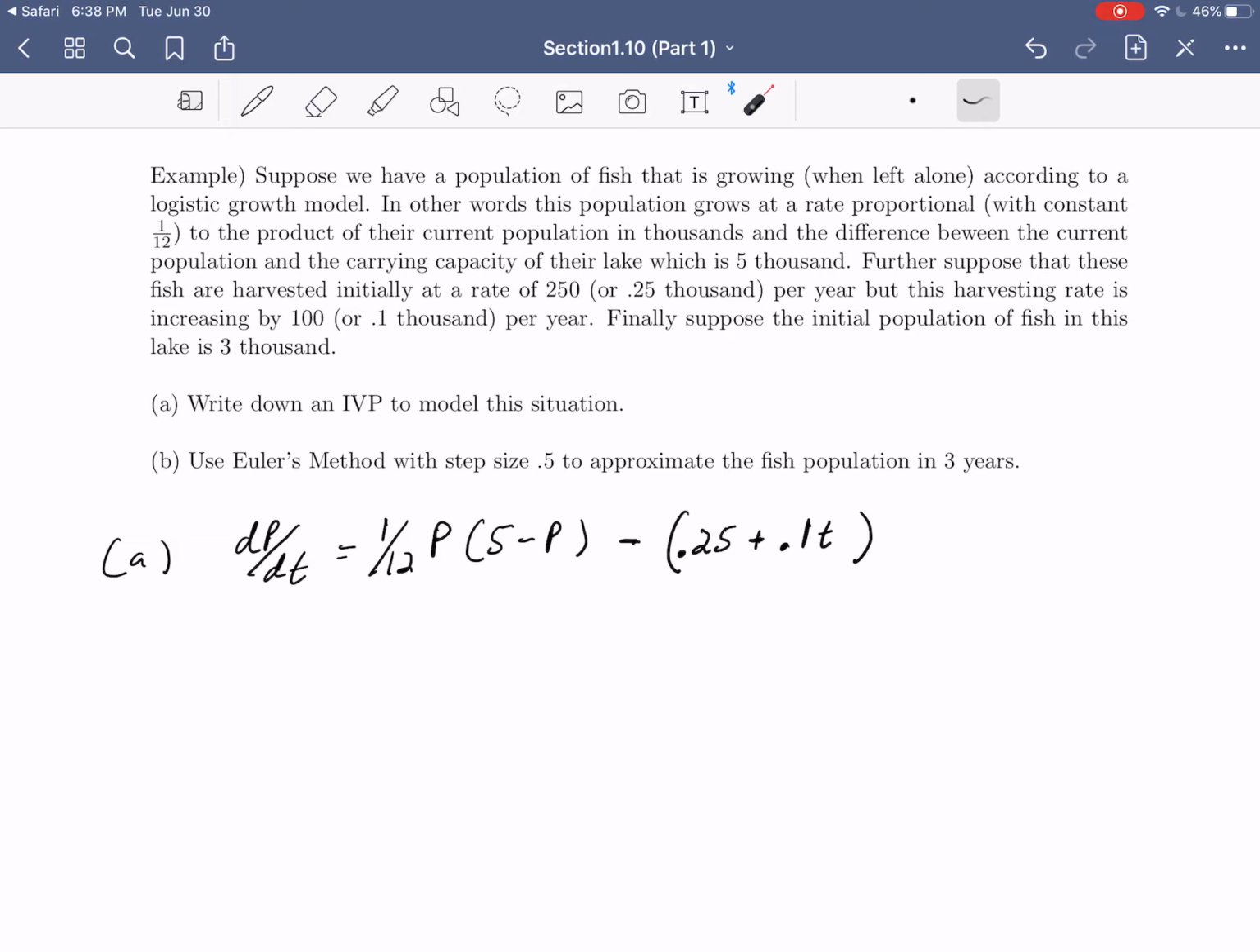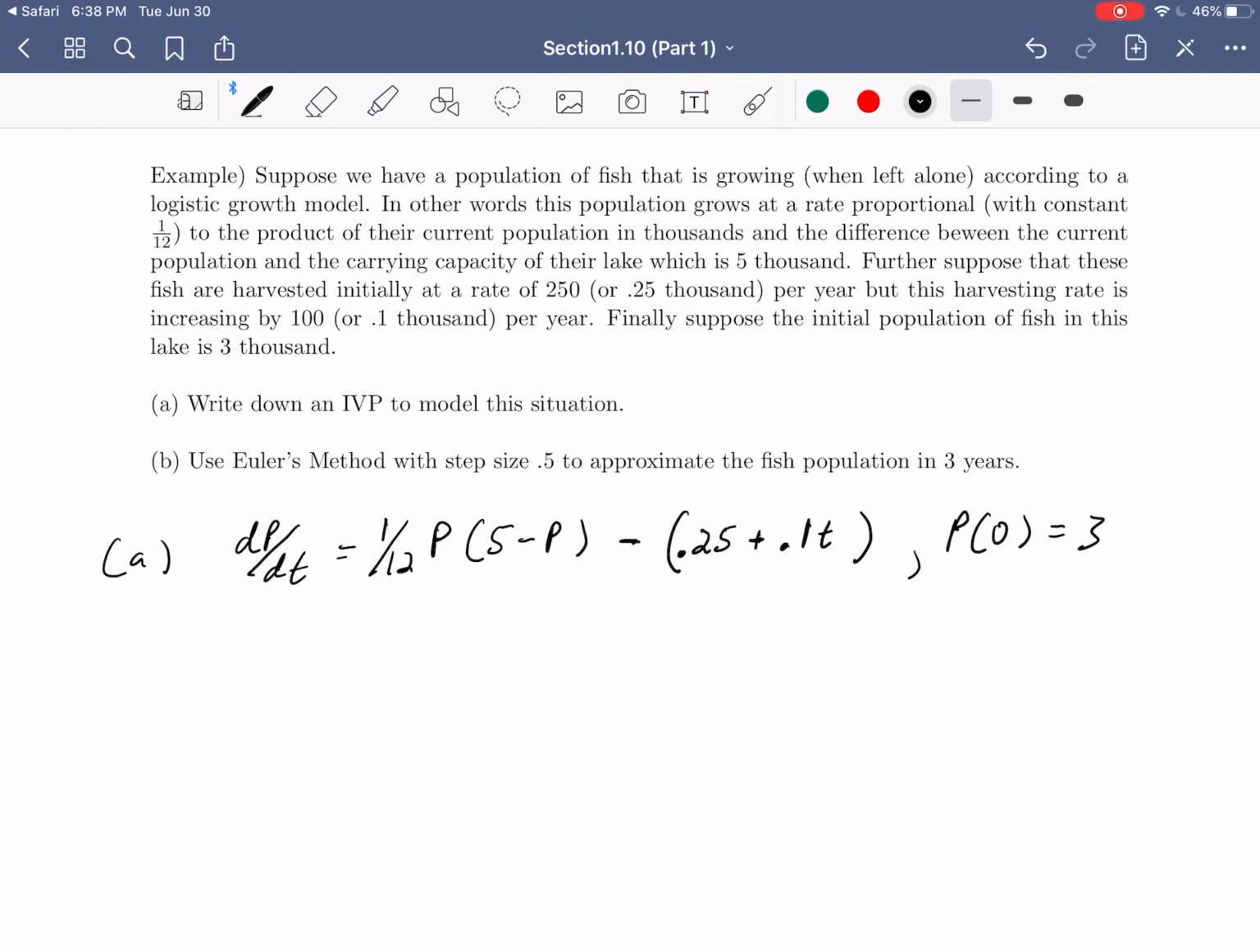Also, our equilibrium approach doesn't really work because if you try p equals a constant, well, this part will reduce into constants, but this will be in terms of t, so there are no equilibrium solutions. So this is sort of the best we can do here. In terms of an initial condition, we have that p of 0 is equal to 3,